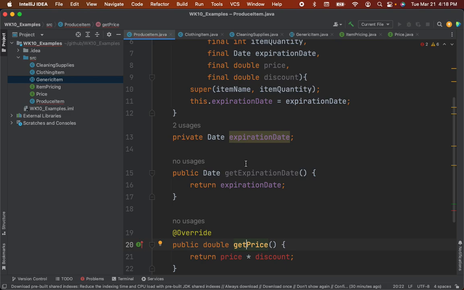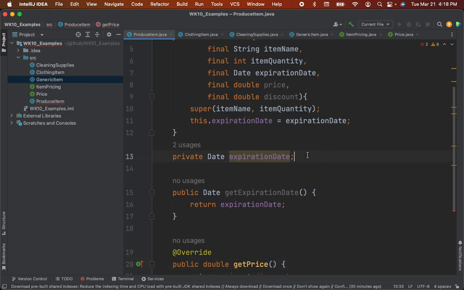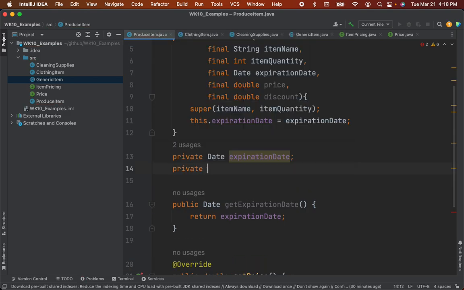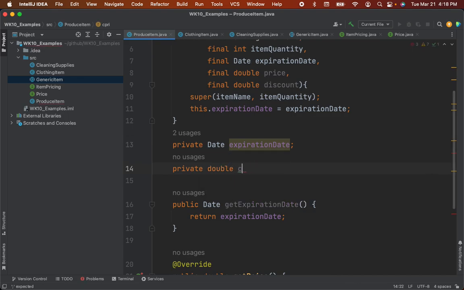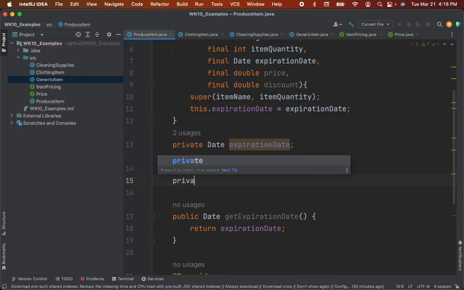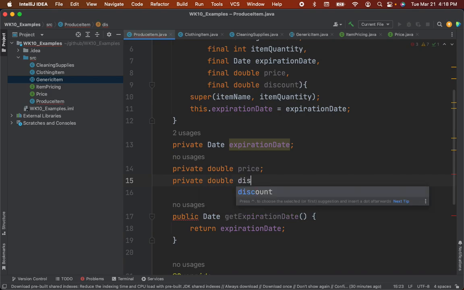Yeah. So we're going to go ahead and create two more variables. Private double price, private double